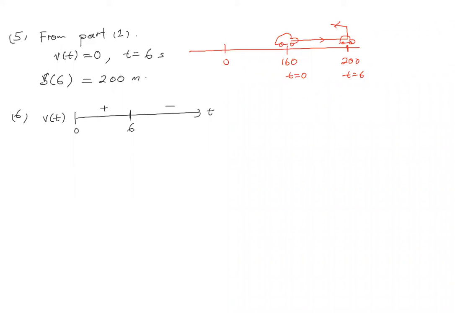No, you have to look at the acceleration and see if the velocity is increasing or decreasing. I have to let a(t) equal 0. Okay, so this is negative. So for speed increasing,